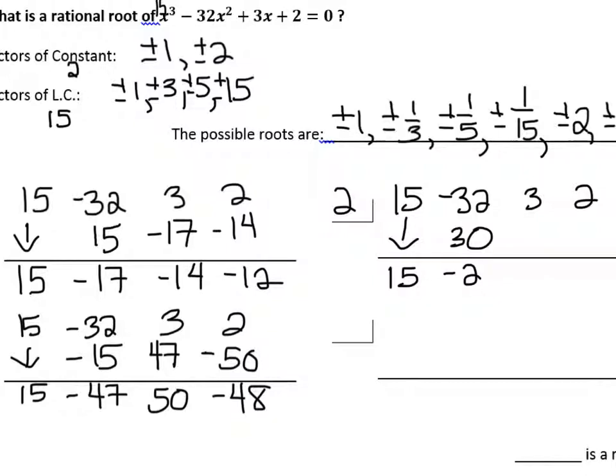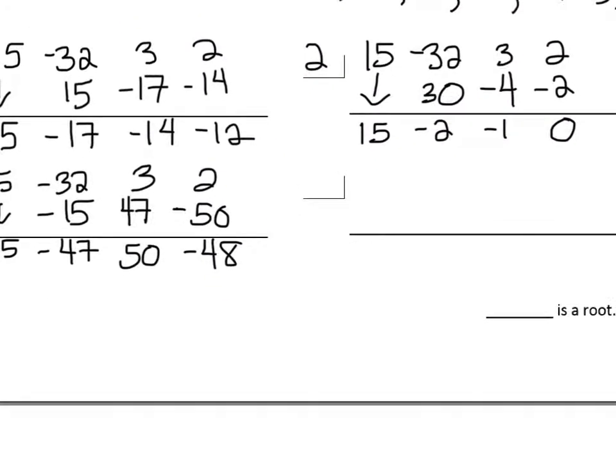Negative 2 times 2 is negative 4. Add that to 3 gives me a negative 1. Negative 1 times 2, which gives us a remainder of 0, which means x equals 2